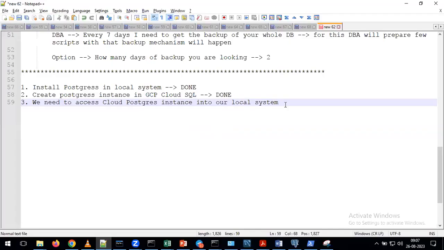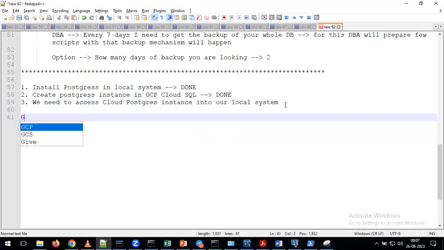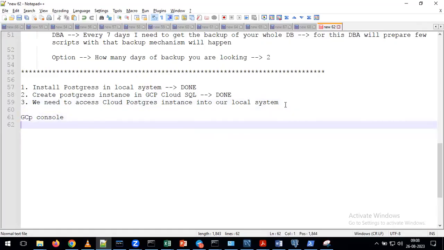From the local system, I want to control the cloud Postgres. If you remember, earlier we were doing the activities from the GCP console. Instead of doing these activities from the console, what can we do here? We can use the Cloud SDK. Cloud SDK, we are accessing from the local system. From the local system, we are accessing our GCP service, and in the same way, the Cloud SQL Postgres instance whatever I created, I need to access into our local system.